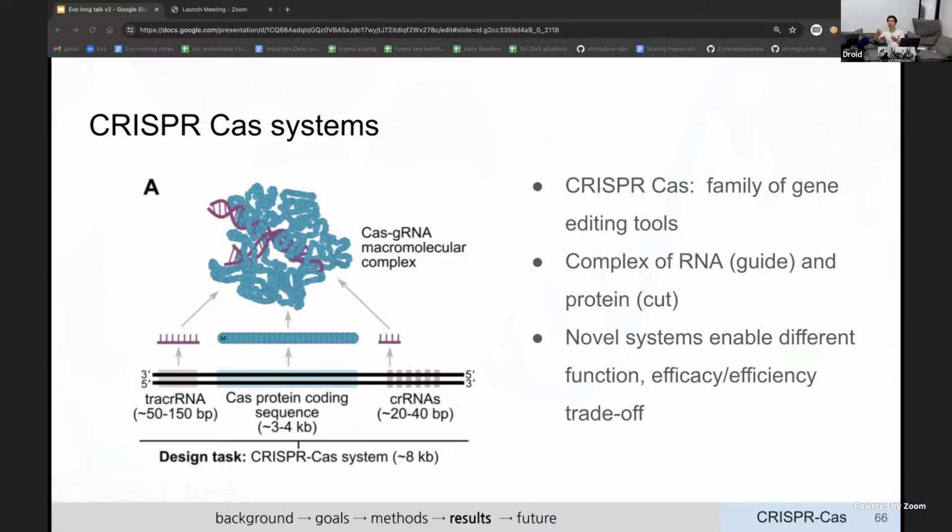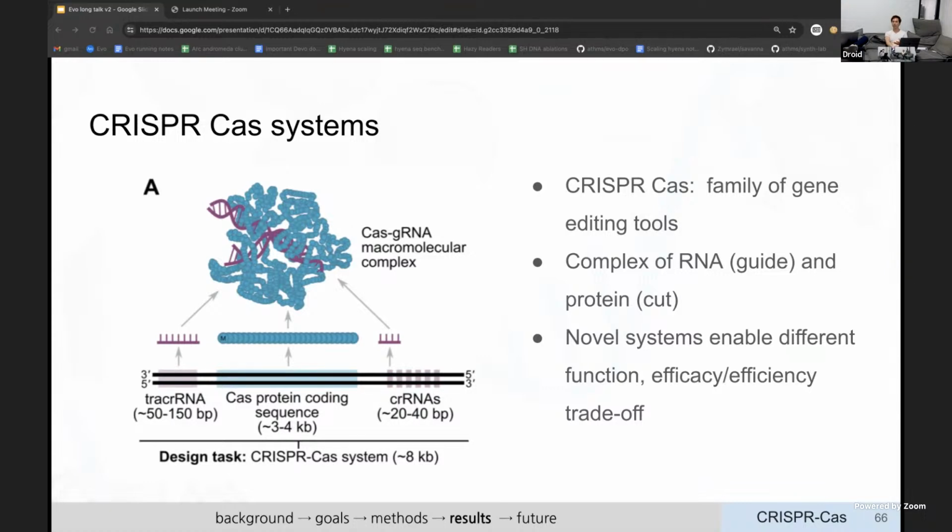And so what humans have done is sort of hijack this molecular machine into useful gene editing tools. These CRISPR-Cas systems are made up of a couple of modalities, RNA and protein sequences. So this is currently out of reach of existing deep learning models because it has this multi-modality component to it that we try to overcome. So the idea is to design these systems that have RNA, which you could think of as the guiding or recognizing of DNA, and then the proteins which will actually do the cutting. So they work together to form this gene editing tool or system.